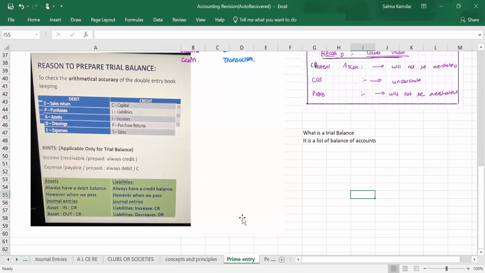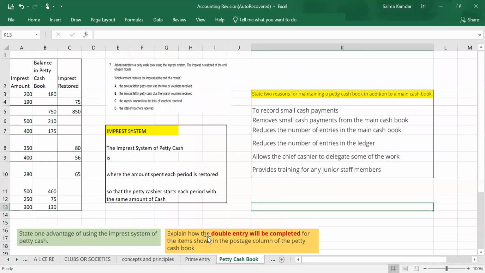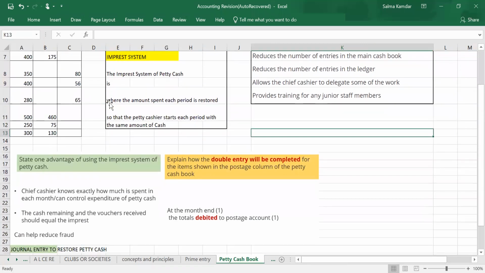You need to memorize all of this. There is no option for you. What is imprest? Imprest is the